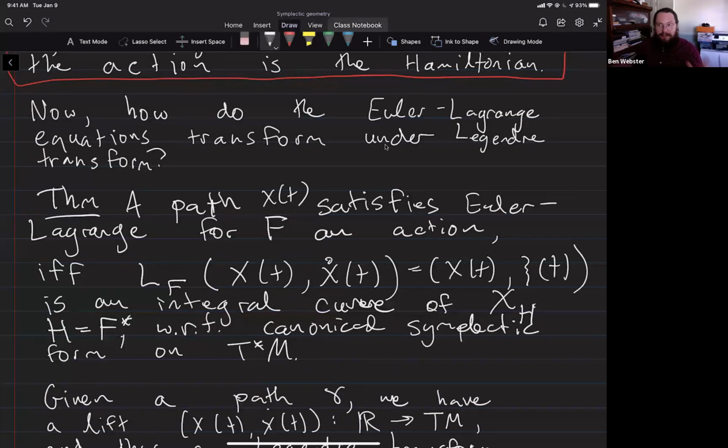All right, so obviously this is very heavily motivated by classical mechanics, but it's a purely mathematical statement. This statement being true doesn't depend on the function f having any particular physical interpretation. It just depends on it being strictly convex along the fibers. All right, cool. So this sort of explains why,